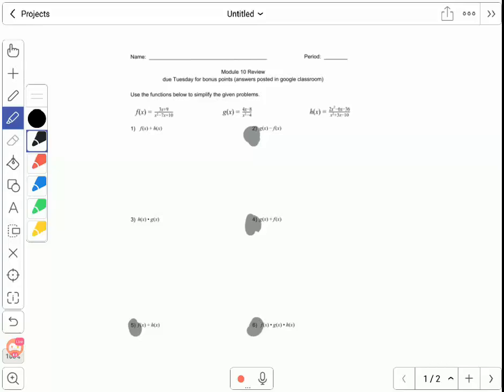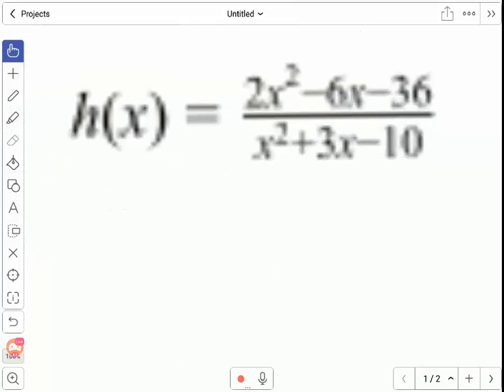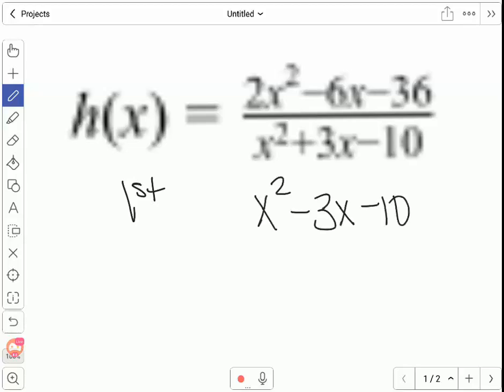Okay, there is going to be a little bit of something weird that's going to have to happen. So first period, and I apologize, this is 100% on me. When I wrote this out for first period, I wrote this as x squared minus 3x minus 10, and I didn't realize that's what I'd done. So then when I retyped it for third period, I wrote plus 3x minus 10. So third and eighth got a plus 3x minus 10, and first got x squared minus 3x minus 10,